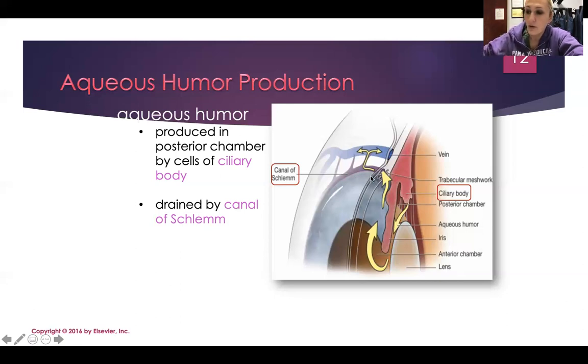It comes through the pupil, fills the anterior chamber, is constantly drained by the canal of Schlemm, and that actually drains into the bloodstream. You can see that it's going up into these vessels up here and out. So new and out, new and out. Made by the ciliary body cells, it flows to the front chamber by way of the pupil, and is drained constantly from the anterior chamber by that canal of Schlemm,